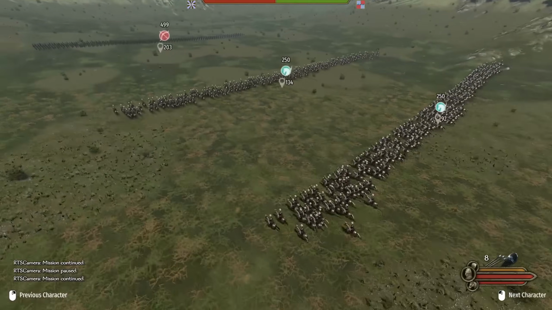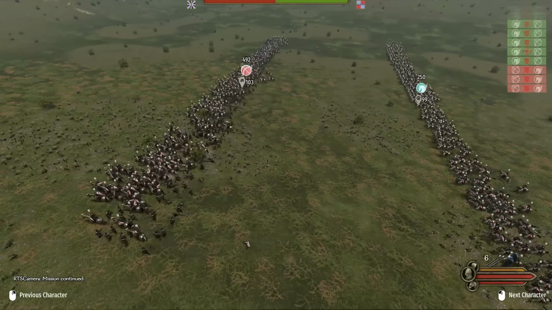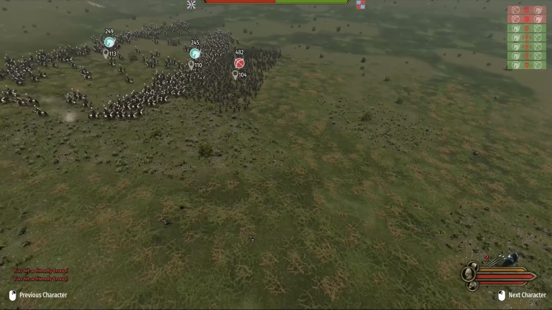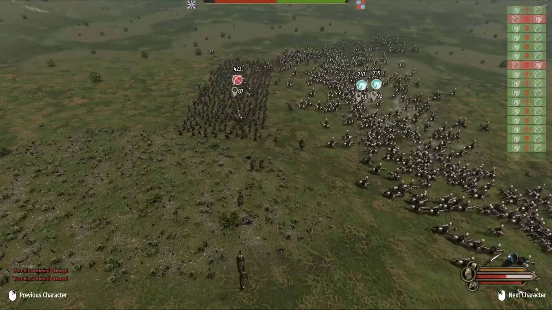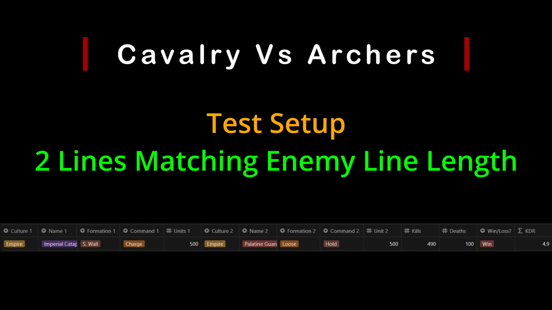This time we split up into 2 groups and matched the line length of the enemy. This will cause less downtime between each charge and hopefully reduce casualties. The first line slams into the enemy with some effect, and the second line comes in shortly after, but it was not as effective. However, the second time around is very effective, and we see the archer lines quickly melt away to the constant pressure. The KDR boosts up to 5, which is pretty good, but I think we can improve further with a third